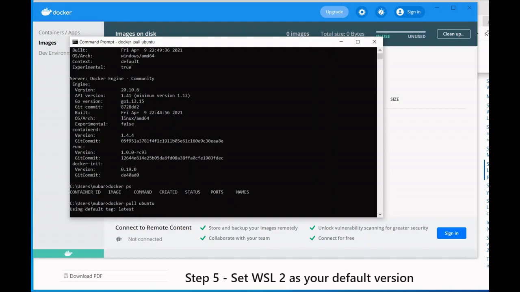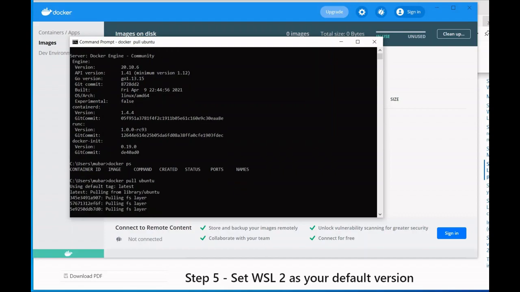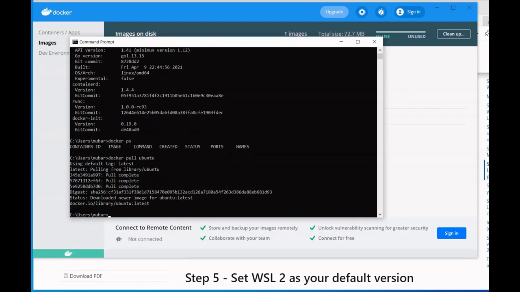So simply run docker pull ubuntu. First it will check locally whether this file is available in the local repository. If it is not available, it will go to Docker Hub and pull the latest version of the Ubuntu image. So here it's downloading.